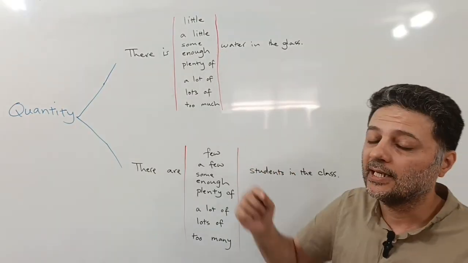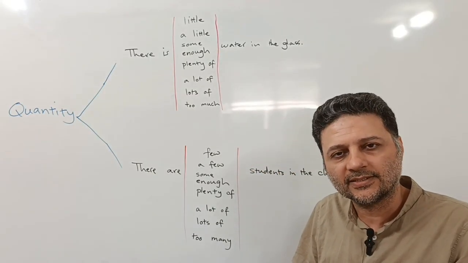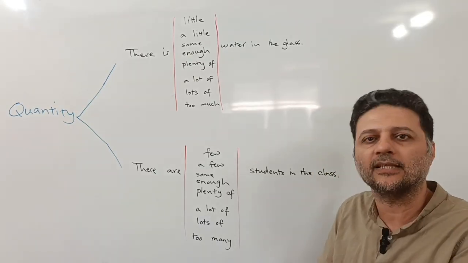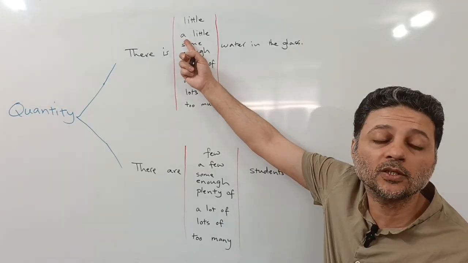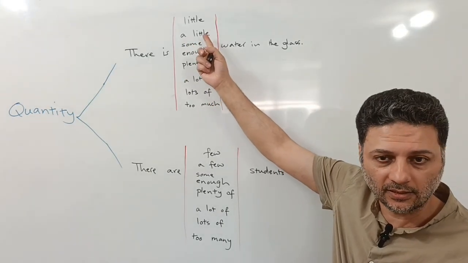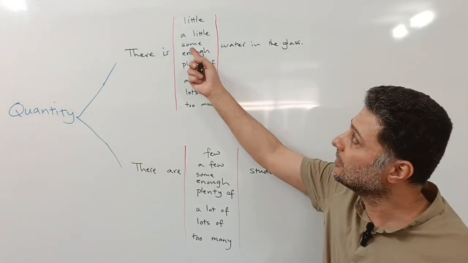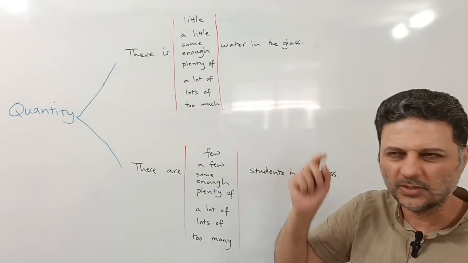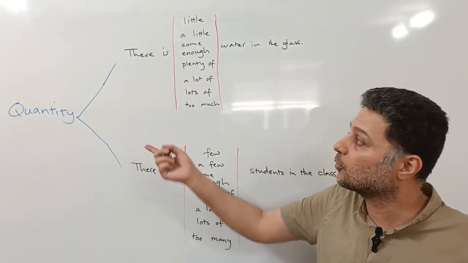But when there is a small amount, something that you can see, that is noticeable, then we come up with the expression a little, right? So there's a little water in the glass, okay? Then there's some water in the glass, which is somehow neutral. We don't know how much. It's just the neutral quantifier.